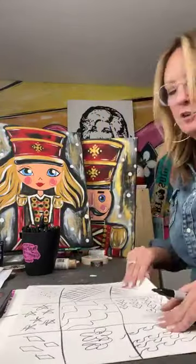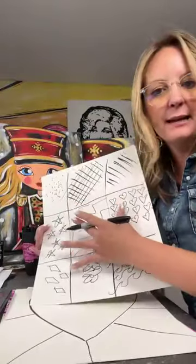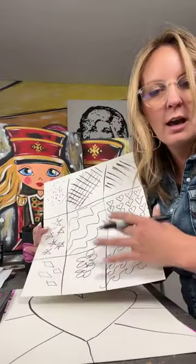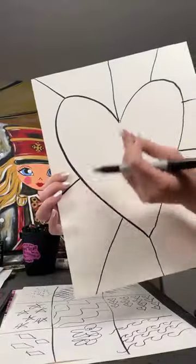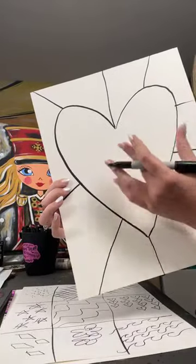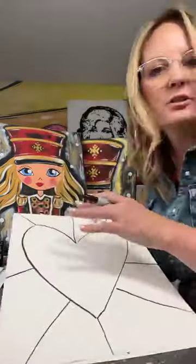All kinds of stuff. So now that we have kind of our database, our tic-tac-toe board of our zentangles, now what we're going to do is we're going to take our giant, and this could be on a small piece of paper, it could be on whatever. We're going to take just a basic shape. And now what I want you to do,